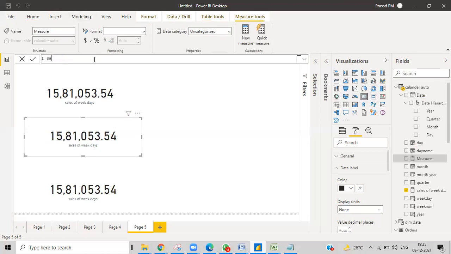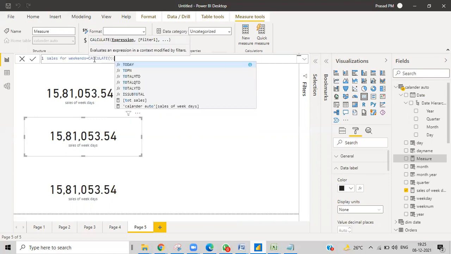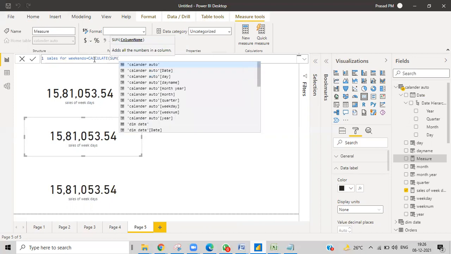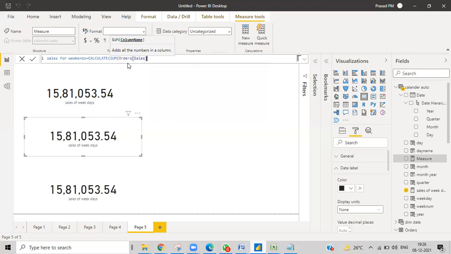Sales weekends. Weekends, not the weekdays. Weekends we want to calculate. So obviously calculate the total sales. I want to use that expression which was already used. You can even write sum of sales directly, asking it to calculate the sum of all the sales.